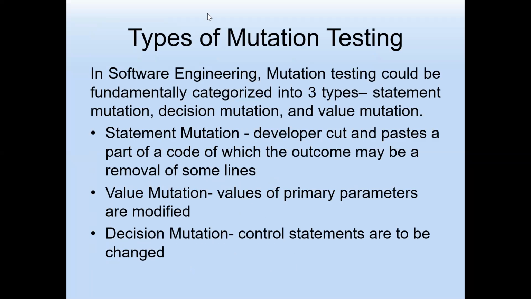We'll see one particular example, that's my intention. Before going to it, there are certain types of mutation testing, categorized into three types. One is called statement mutation, another is called value mutation, and the last one is decision mutation. The statement mutation is nothing but